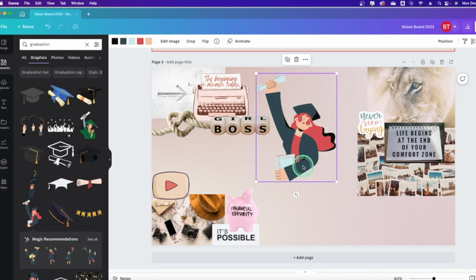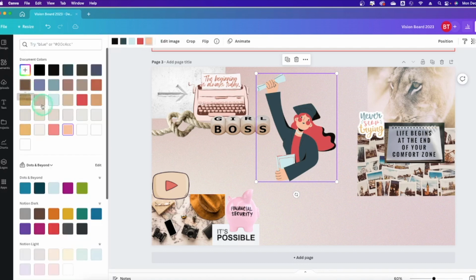But some of these graphics are very much editable. You can change the skin tone of this individual. If you wanted a darker skin tone, let's go with that one. You can change the hair color of this individual to whatever hair color you want to. So all of these things are editable to an extent based on whoever created the graphic and how they uploaded